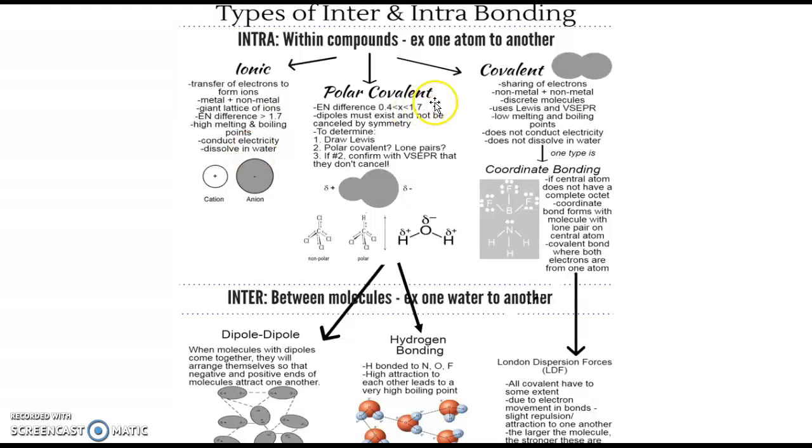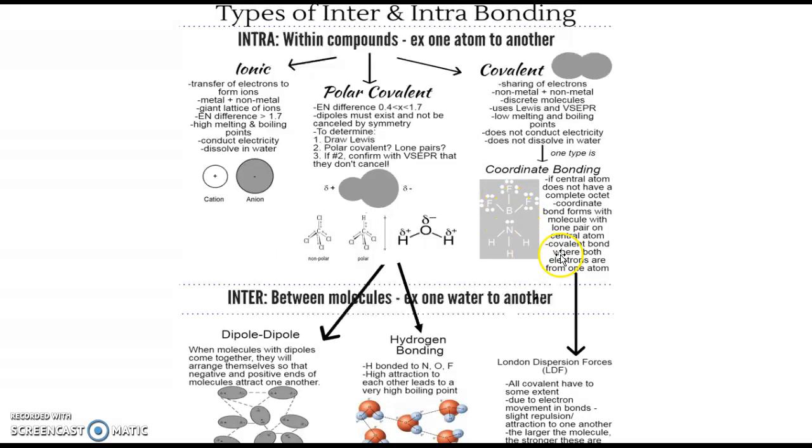Okay. On the other end of that spectrum is covalent, where they share electrons, nonmetal and nonmetal. They form discrete molecules, so meaning just two of them together. It uses Lewis and VSEPR. Low melting points and boiling points, does not conduct electricity, does not dissolve in water. So one type of covalent bonding you can have is coordinate bonding if the central atom has less than the number that it wants to have, which is 8. So for example, this BF3 here, this boron only has 6 in the middle. It can pair up with something that has a lone pair in the middle,